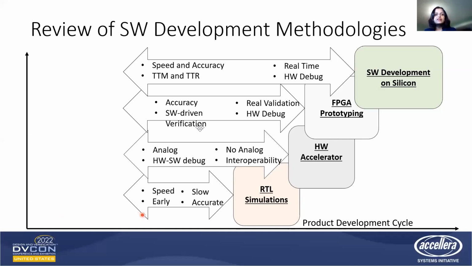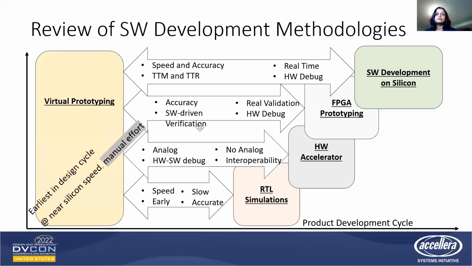We identified this gap, and this is where a virtual prototype comes into picture. Now, the software folks usually cannot make much good use of this time. So a virtual prototype can make a big impact here. It is available early in the design cycle, and the models run at near silicon speed, which makes it a good option for software development where system timing accuracy is not a concern.